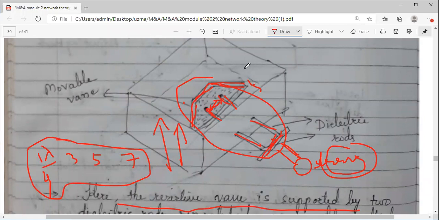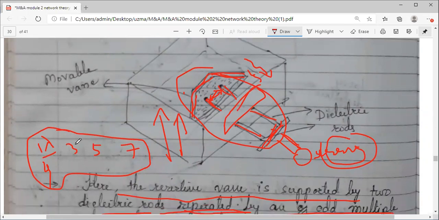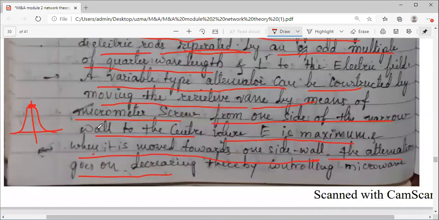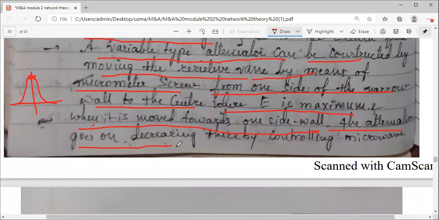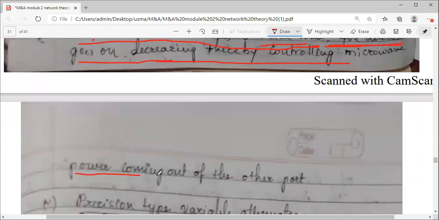But if you shift it away from the center and touch the side wall, the maximum field is at the center, so the amount of attenuation will decrease. But at the center, it will be more. Hence, if you move this vane towards one side wall, the attenuation goes on decreasing, thereby controlling the microwave power coming out of the other port.